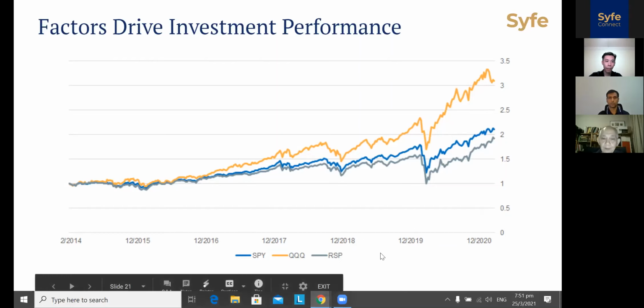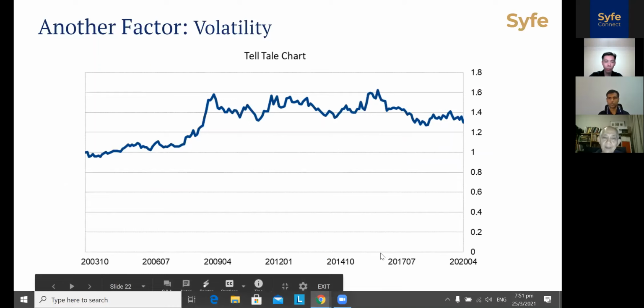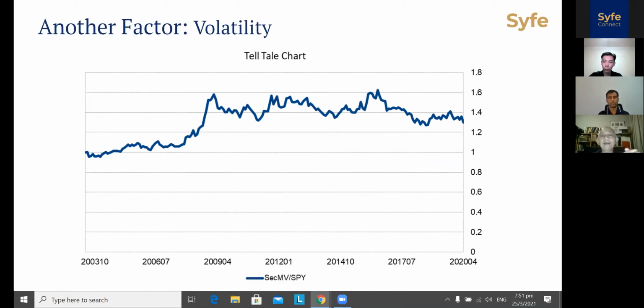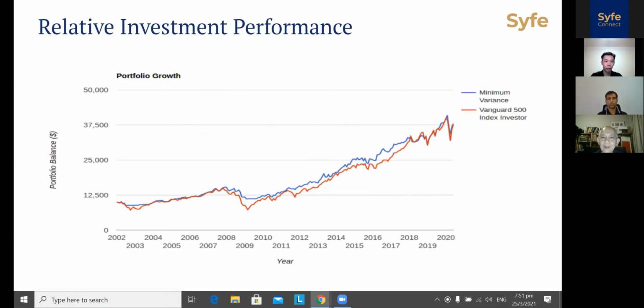Another factor that we look at is the volatility factor. There are some studies that show that low volatility, the minimum variance portfolio on an efficient frontier, is the most accurate one. That is a bet on low volatility, okay? If you see, it's like a sinusoidal wave, right? There's mean reversion, so you can actually model it. And then the next slide shows that,